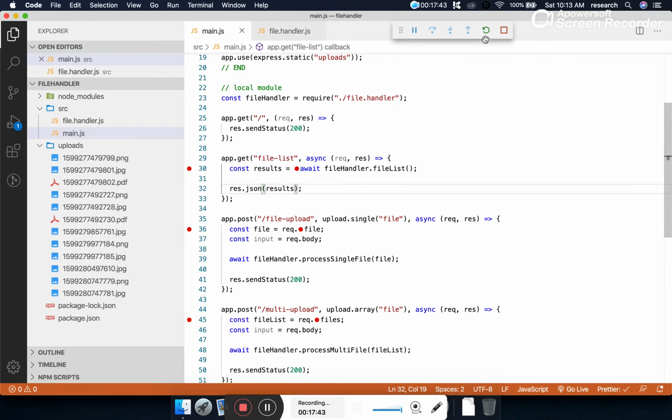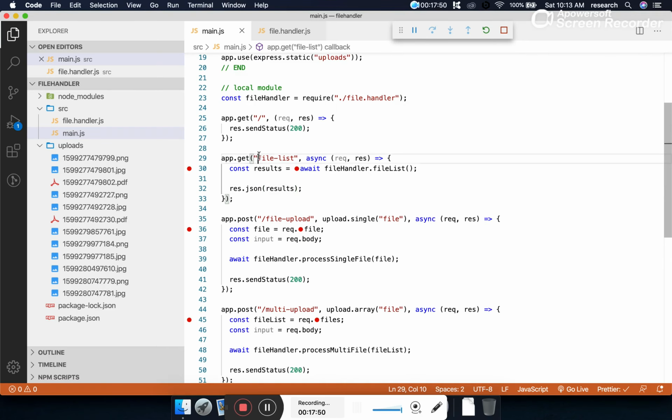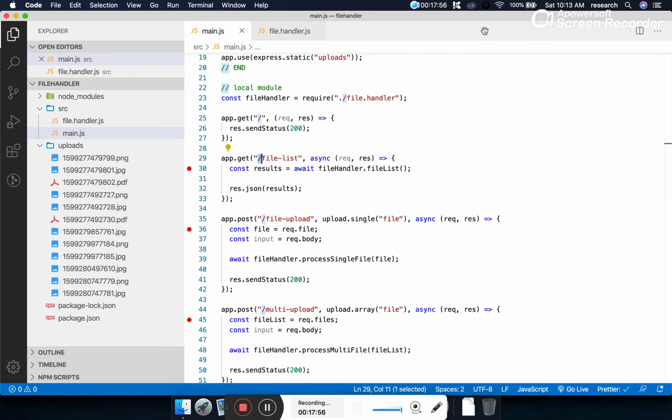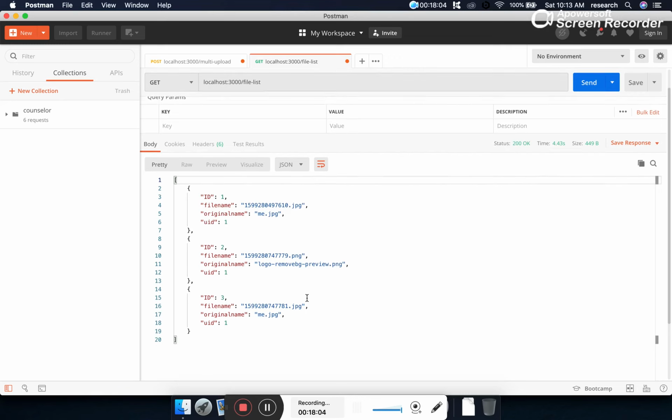Okay, there's an error. Why? Since we have made some changes, let's restart the server. Okay, there is a small error here. We have to specify, don't forget to add this slash. Now let's make a call, and you can see the call has come to the get method. And it will return all the images.